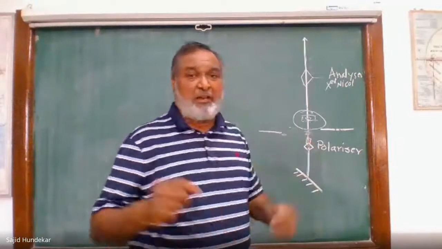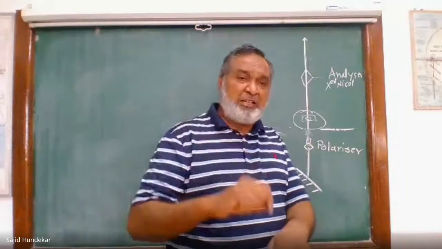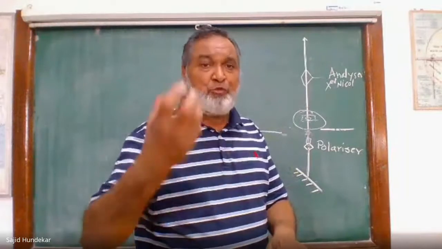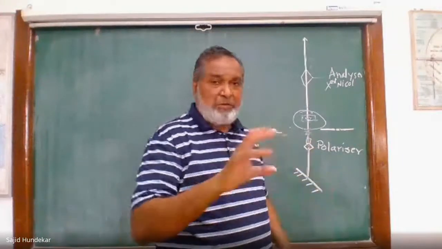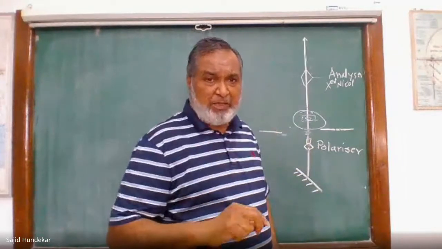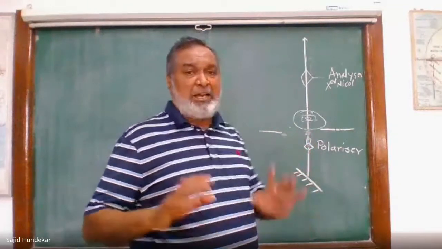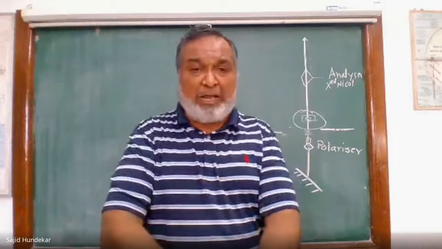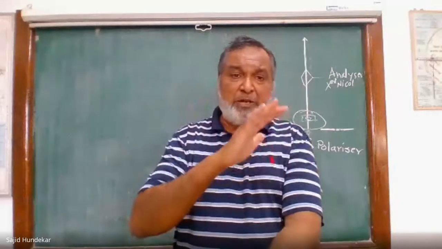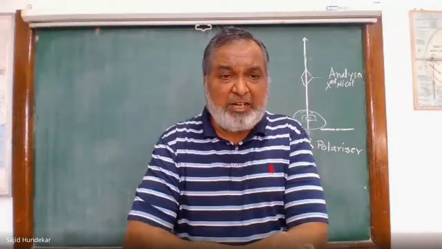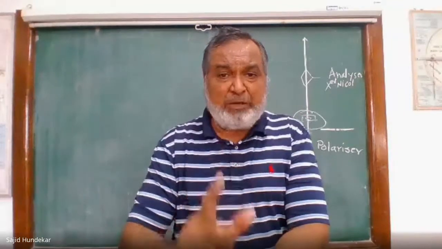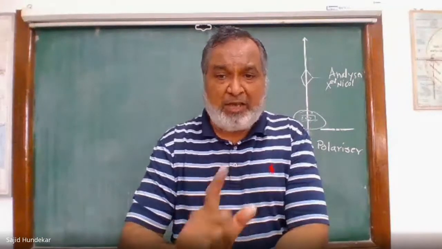So above that we have a condenser. This condenser is used to filter the 10% of light which is vibrating in the other direction. Once the light comes out from the condenser, 100% of the light will be vibrating in a single plane. And when you study the properties under this condition, it is called properties between plane polarized light.